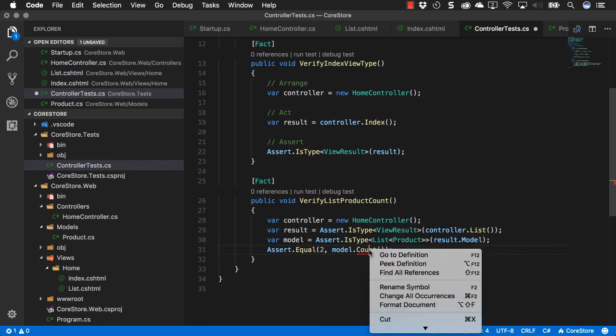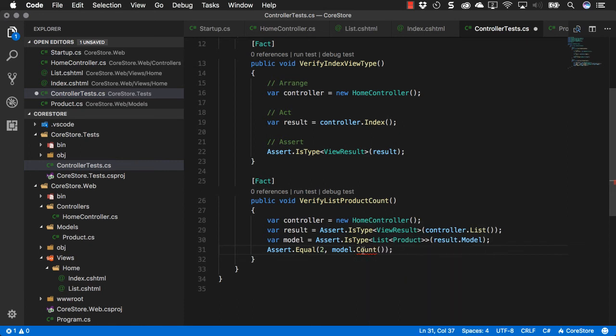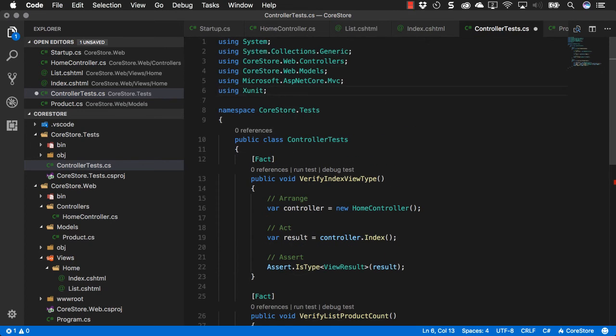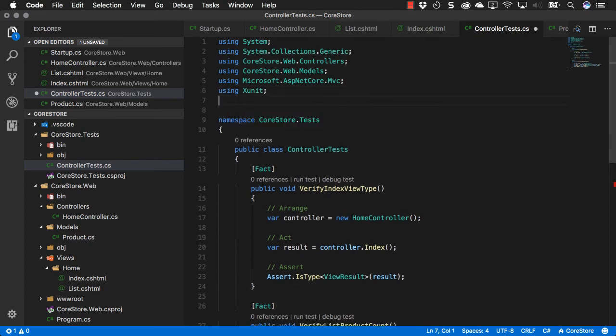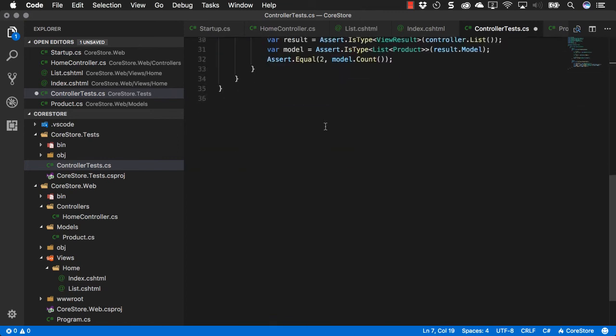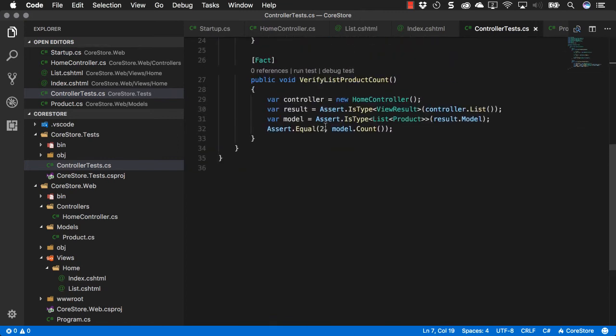Why is it not bringing it in? Not sure why that didn't work, but at any rate,